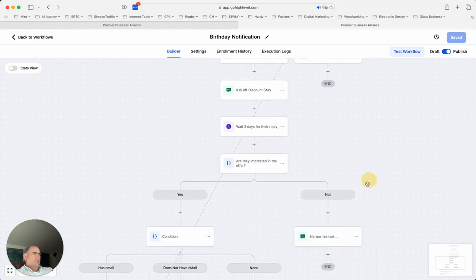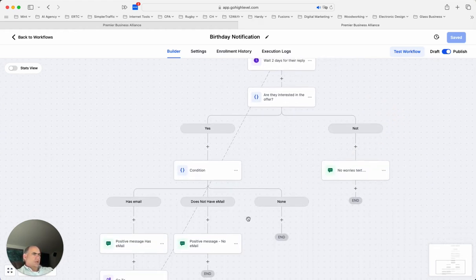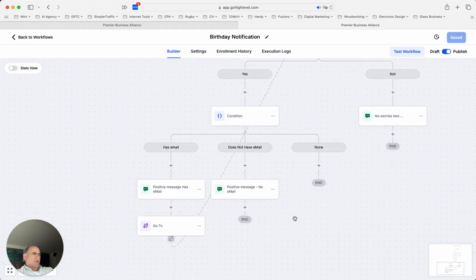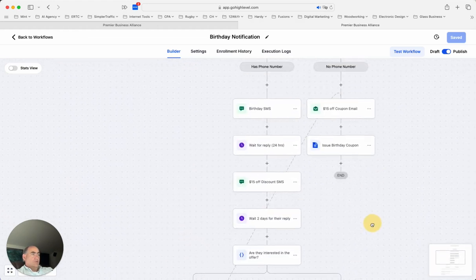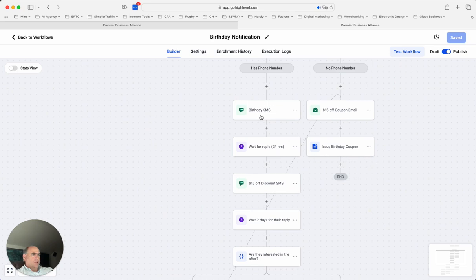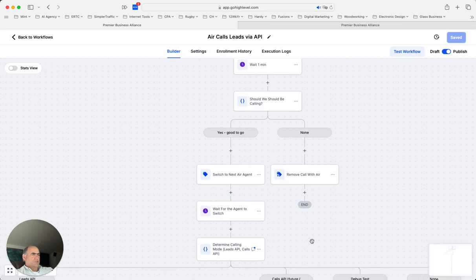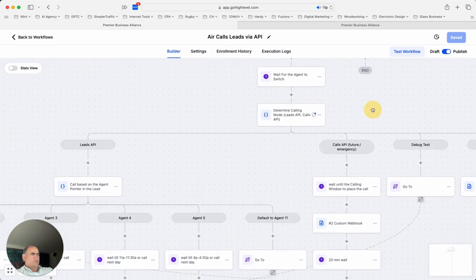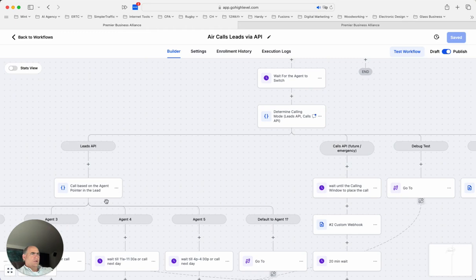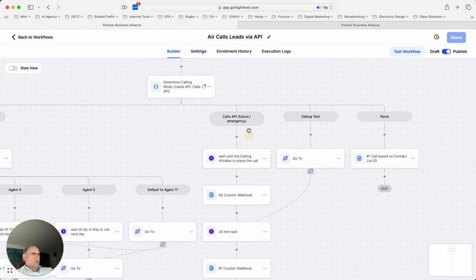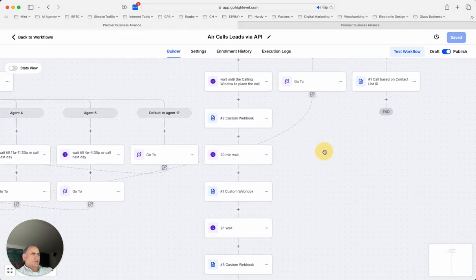Another thing you could do, and we could do, is right here in one of these two cases, or even up here in the beginning, the birthday SMS, we could start off with a phone call to them and attempt a phone call. So drop them into a sequence like this over to Air.ai, where we probably wouldn't use the agent switcher. So you just remove these two things right here. The agent switcher would no longer be required, and we're not going to put them on the leads list. So we're just going to call them. We could just do a sequence just like this.